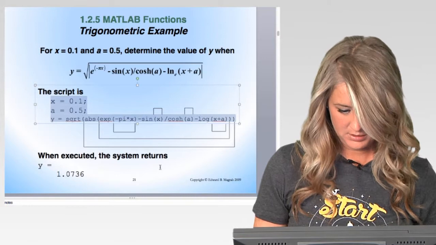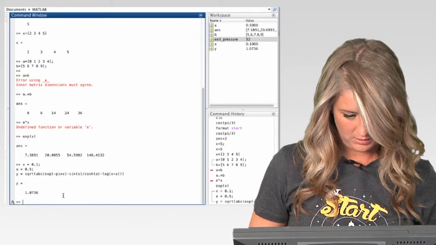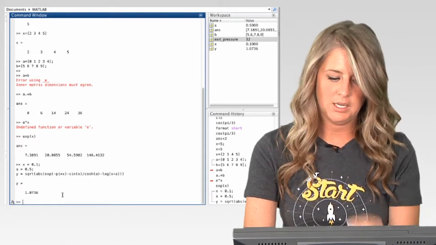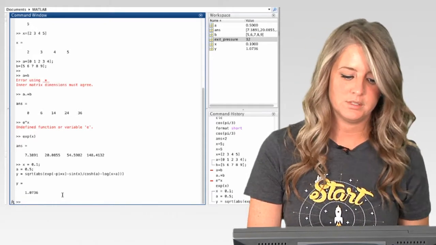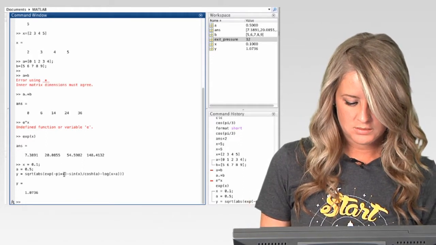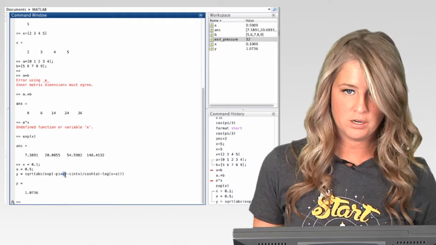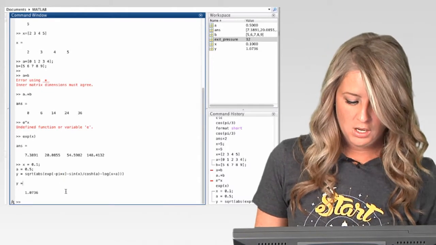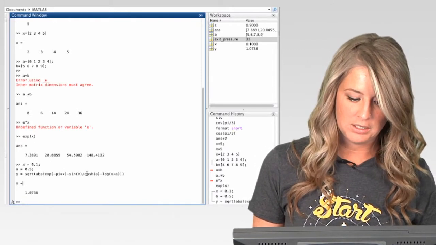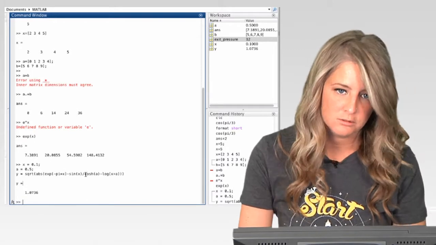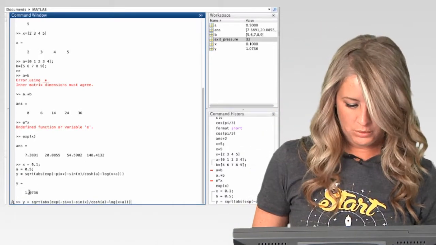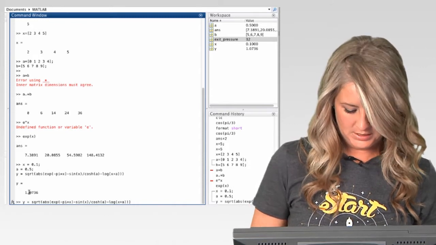We'll go ahead and copy this and display this into MATLAB, and we can see that this has displayed the correct output of y equals 1.0736. So what we did is we defined x, which we must do prior to executing this expression. I should have mentioned that earlier, but any variables that you have in an equation, you must define them prior to executing that expression. So for example, if we did